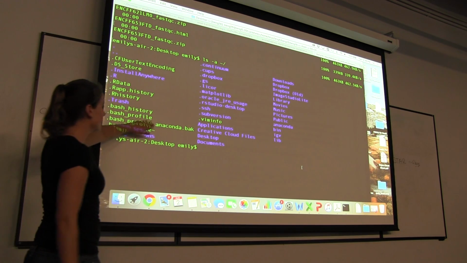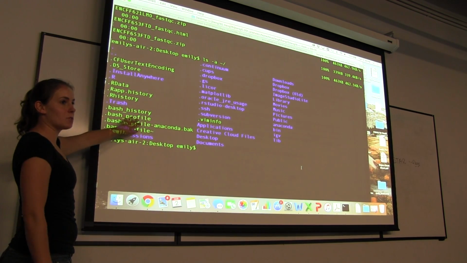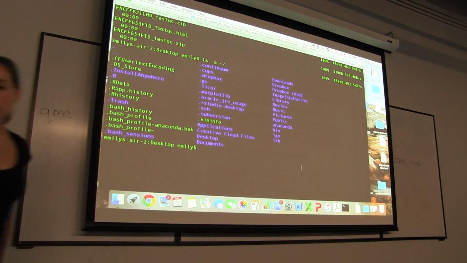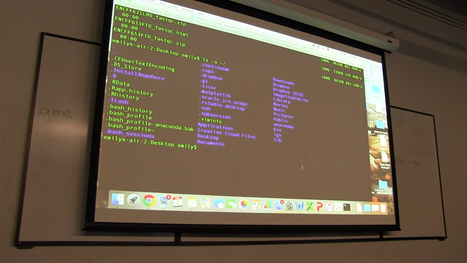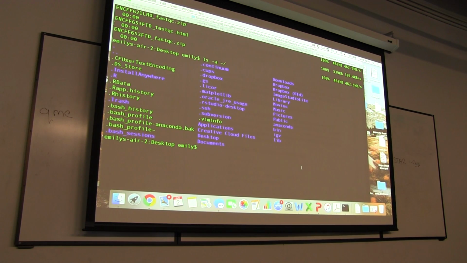So for Macs, the bashrc equivalent is the bash profile. So you're going to open up that file. I'm not sure what it is on Linux. You guys will have to check and see if you can figure it out. But if you open up that bash profile,